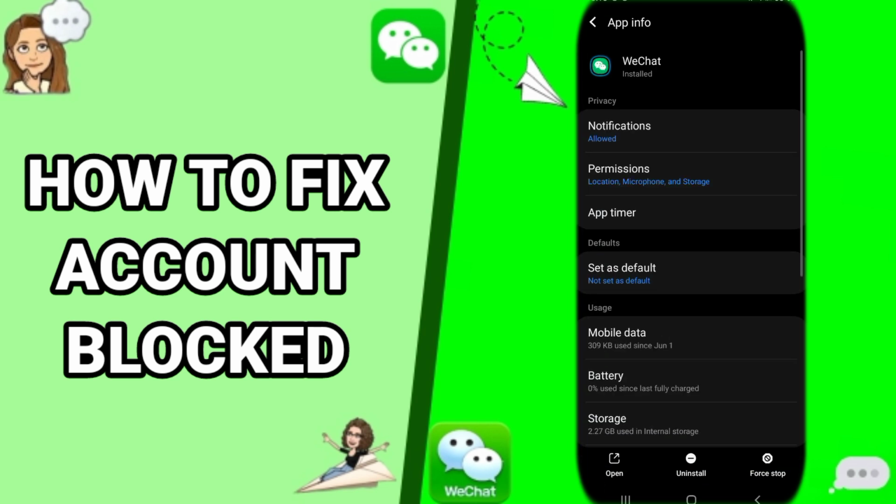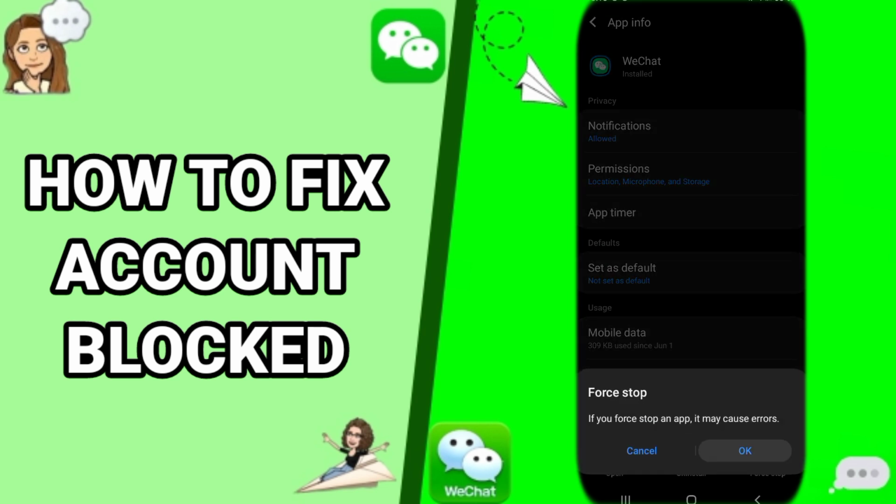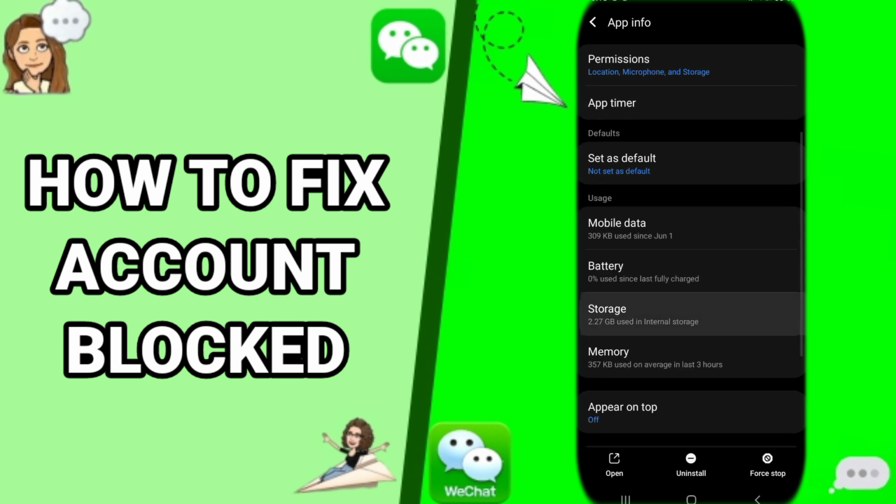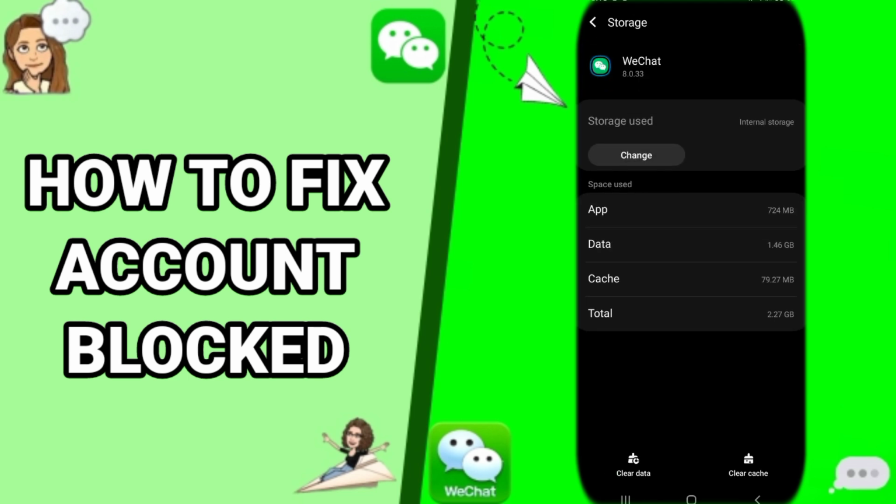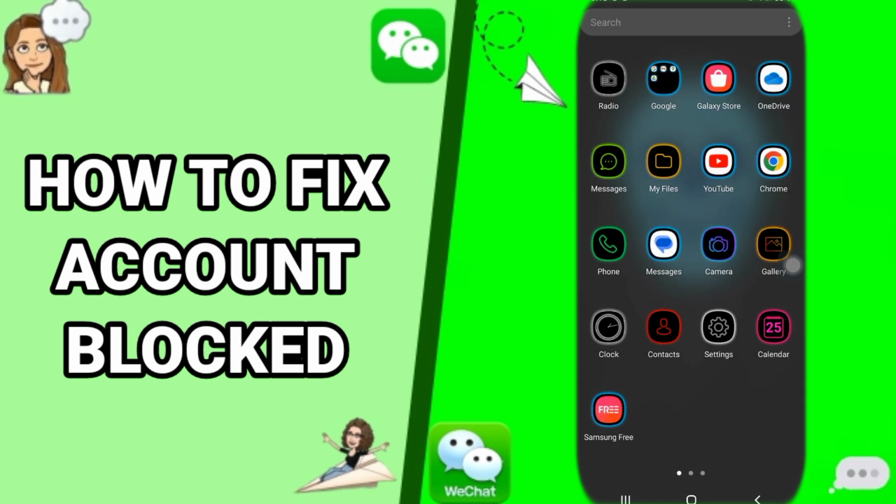Then you just click here on Force Stop and you click on OK. Then you go down and click on Storage, then it's going to take you to the Storage window. Just click on Clear Cache and click on Clear Data, and you will go to your Play